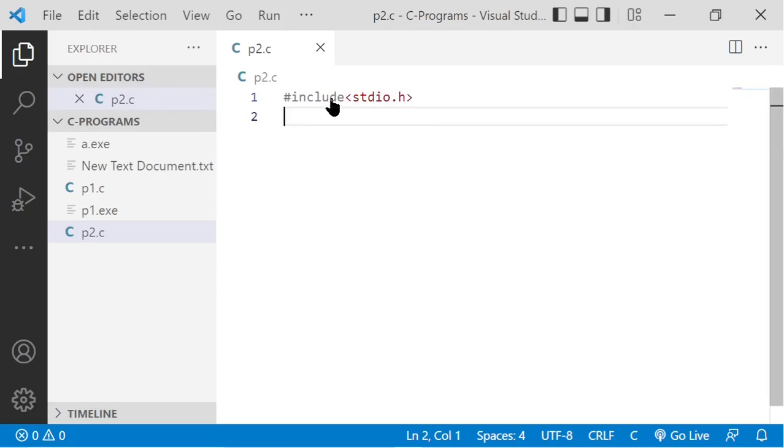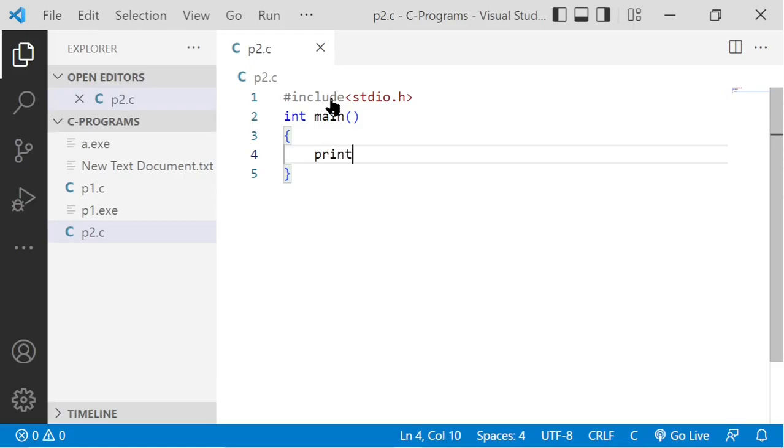Right now, Visual Studio Code Editor is not giving me any support. I mean, say for example, here I write integer. As soon as I type it in, it is not showing me the int suggestion. Say for example, main. I'm writing main. No, it has not shown me any help. And then say for example, now I want to type here printf, but no, it is not giving me any